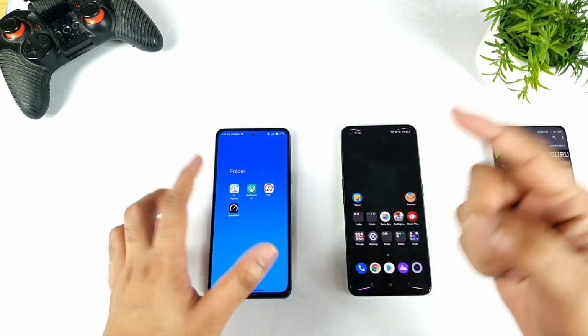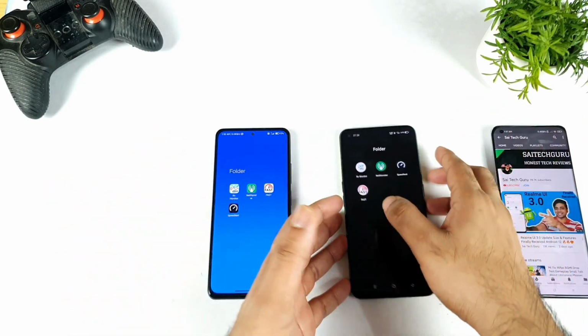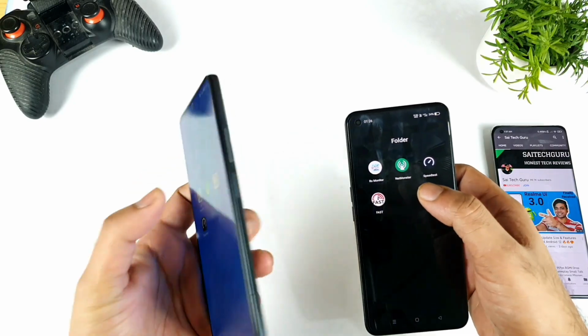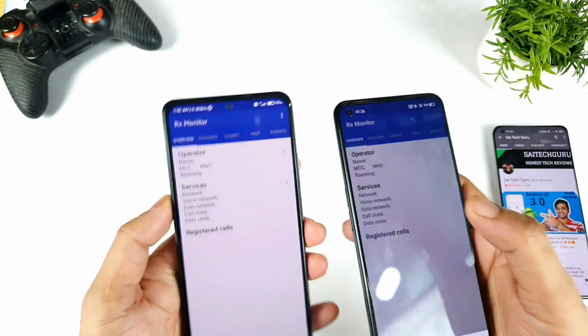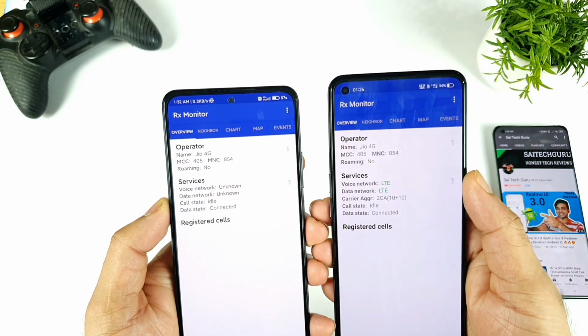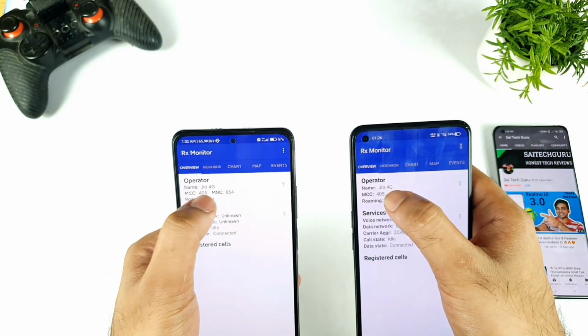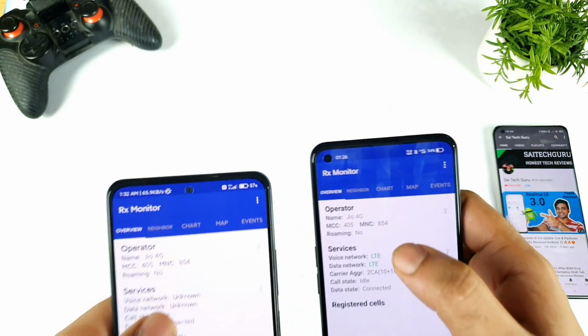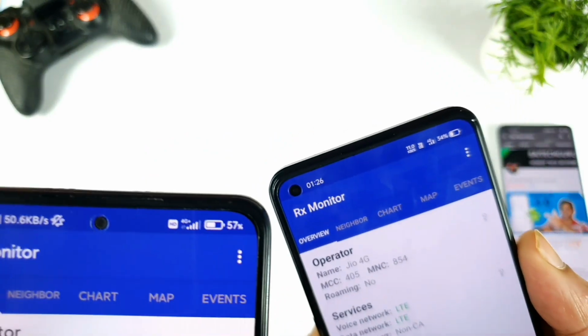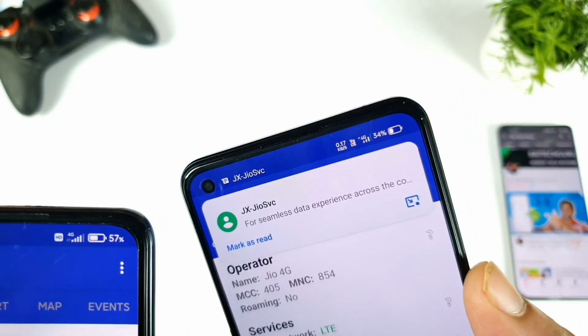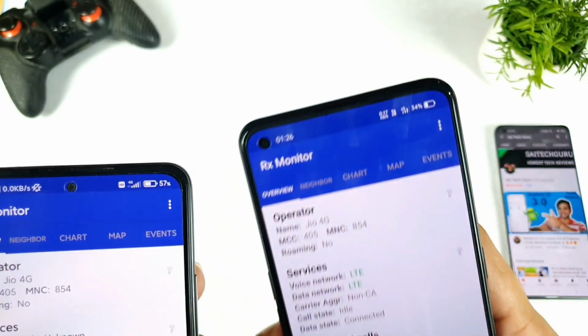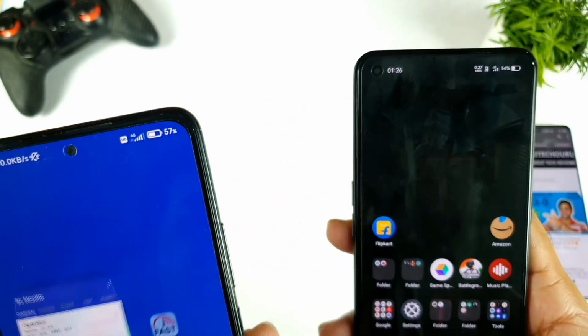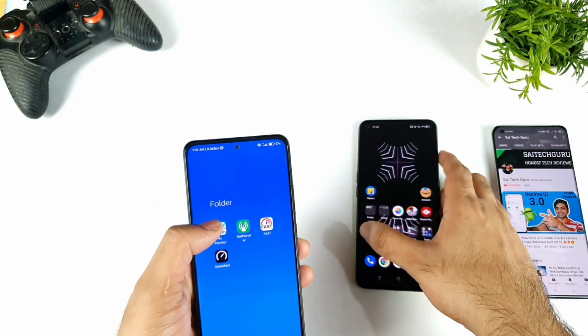First you should know what kind of SIMs I'm trying to use. For that reason I need to show you the application which is called the RX Monitor application. You can see the Jio 4G which I'm getting on the top, and you'll be able to see the 4G plus aggregation on both phones. Just now it did show, and right now it's not showing, but it keeps on changing, friends. It's not that consistent every time anyway.